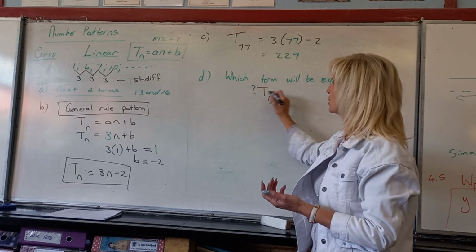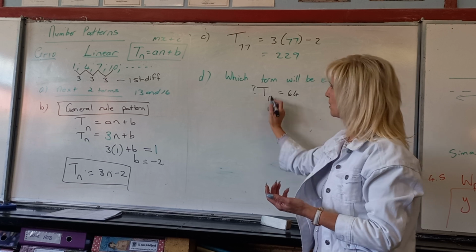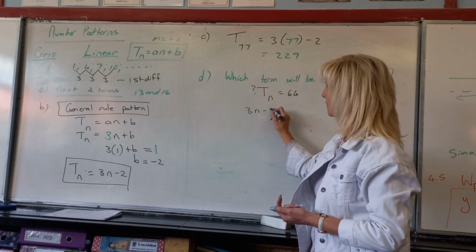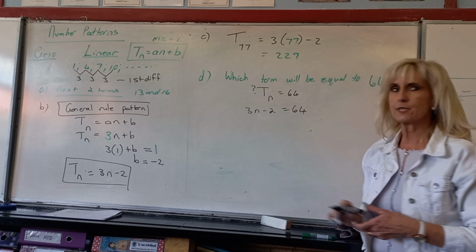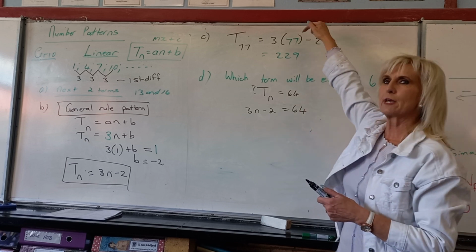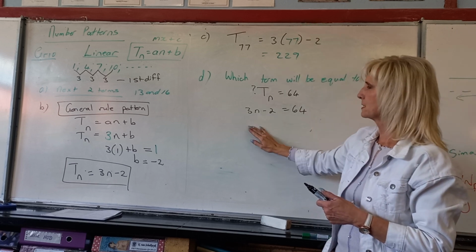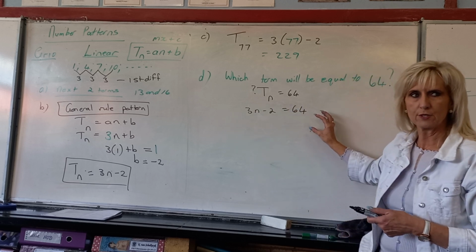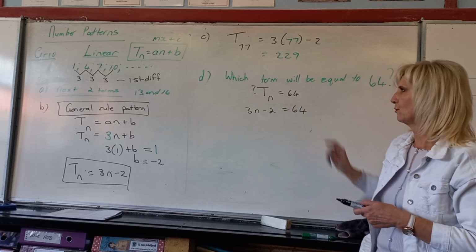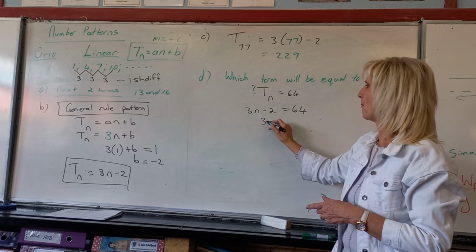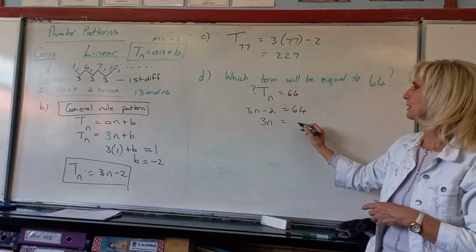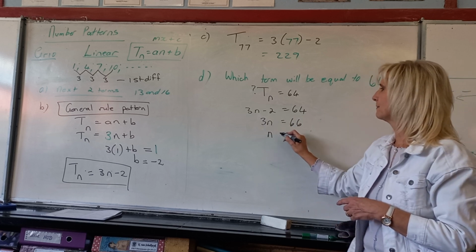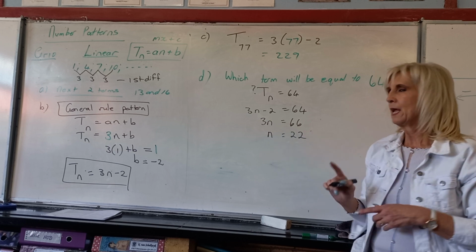So I want to know which term will be equal to 64, and the term formula is? Okay, so the difference is, there you substituted the n in. This time you took the whole formula and substituted it equal to the term number, or the term value. Now to get the answer, normal linear equation, which will be 66, and if I divide by 3,